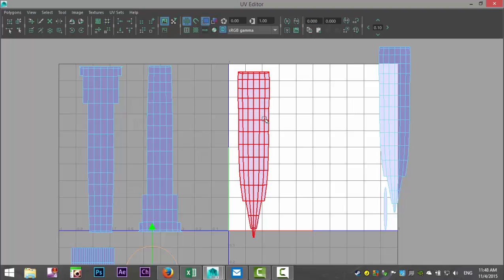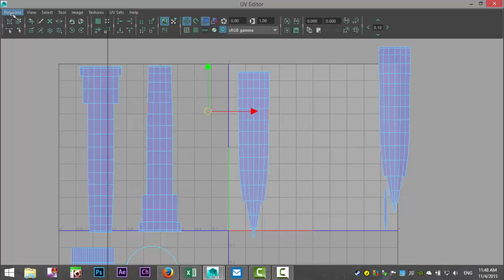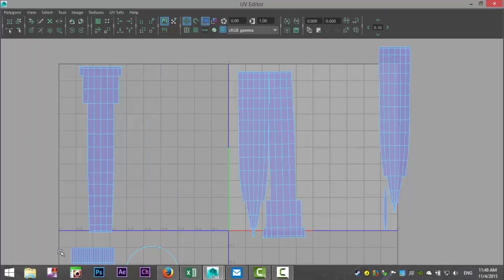Okay, so right here, we're going to go to edge, and we're going to select that edge, and we're going to go to polygon and move and sew. And then let's see, we will focus right there. Take that one, move and sew.